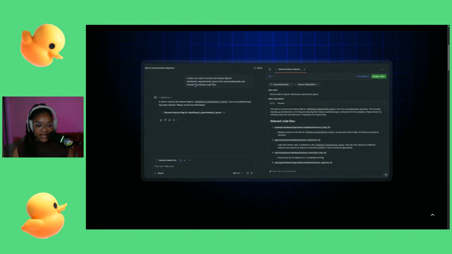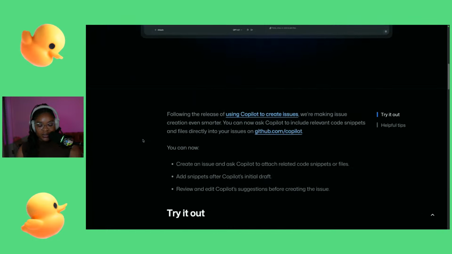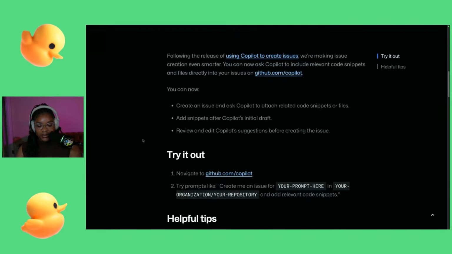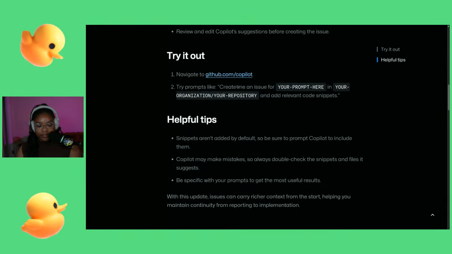But if you go to that link, you'll see where we can tell Copilot to create a task to remove a feature flag for the dashboard layout and include the relevant code, and it will create that issue for us. And this is from the Copilot UI on github.com, and also include code snippets that you can use. Yeah, and so we could try it out here. Cool.